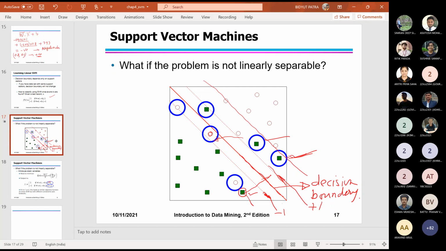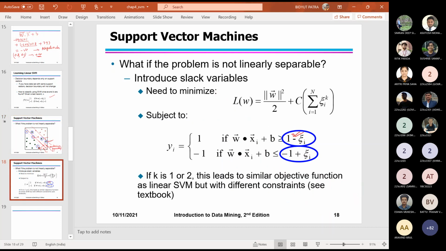Now what will happen? Our objective function will change here. For a positive sample, whatever the line is, greater than or equal to that should be towards the center. Therefore there is a positive constant xi that should be negative.